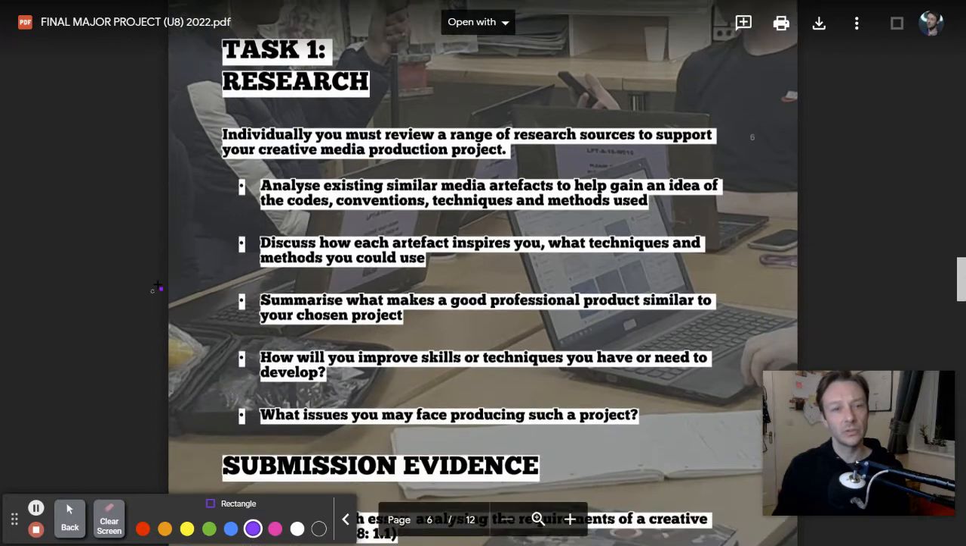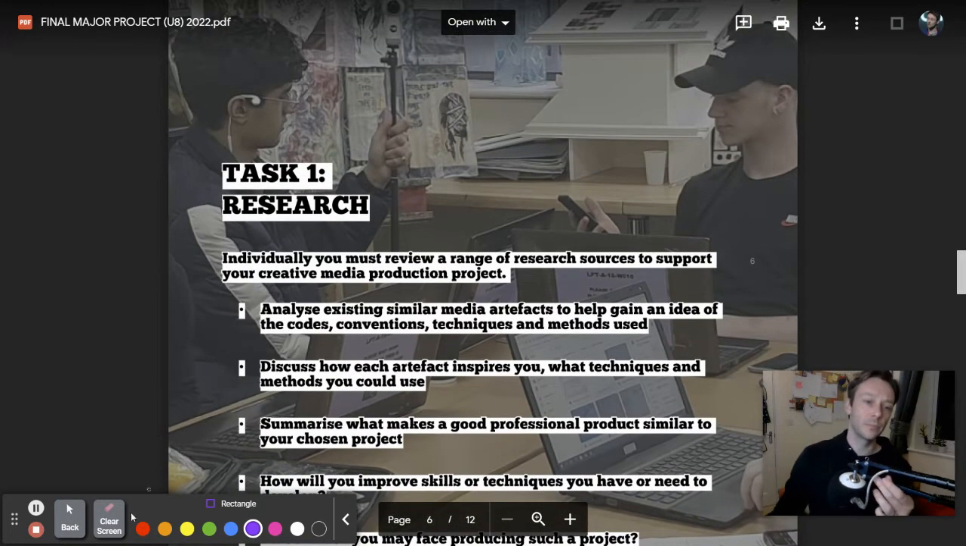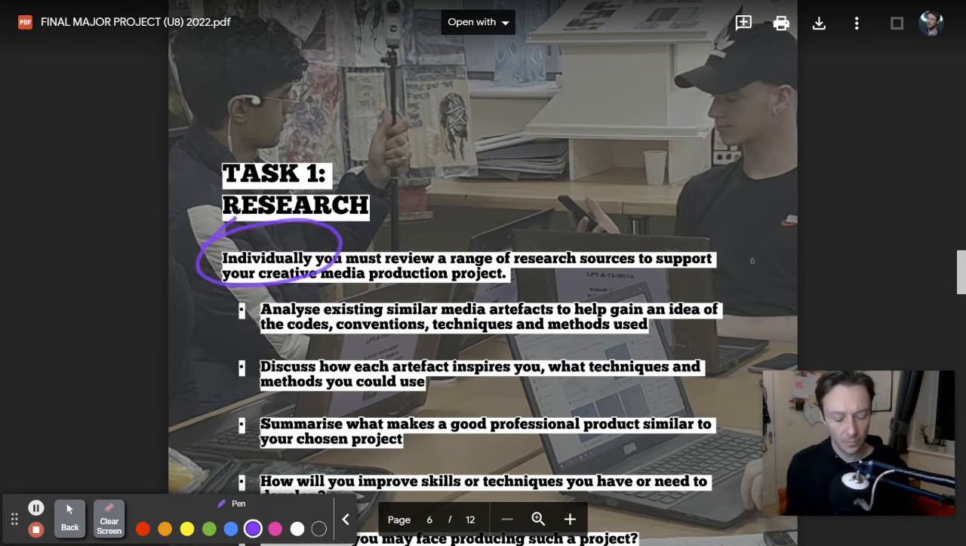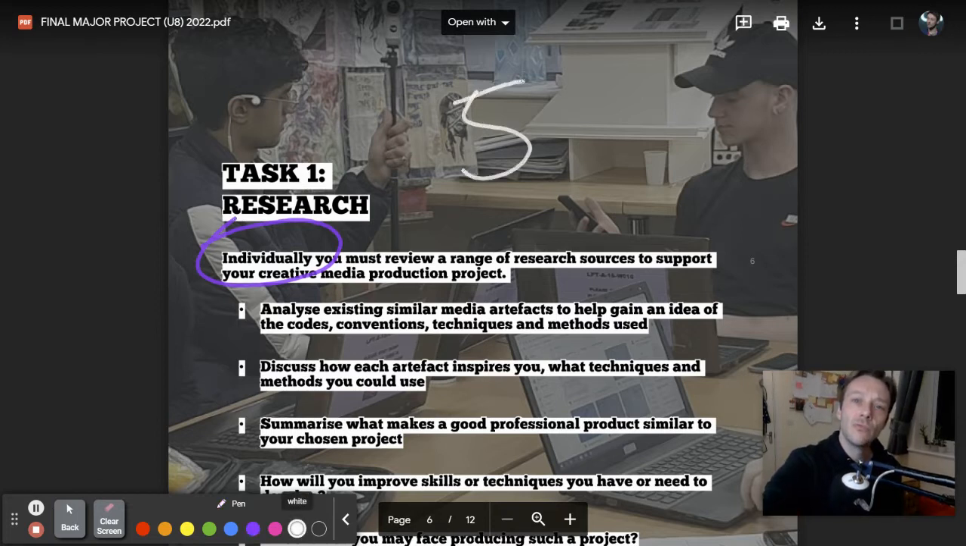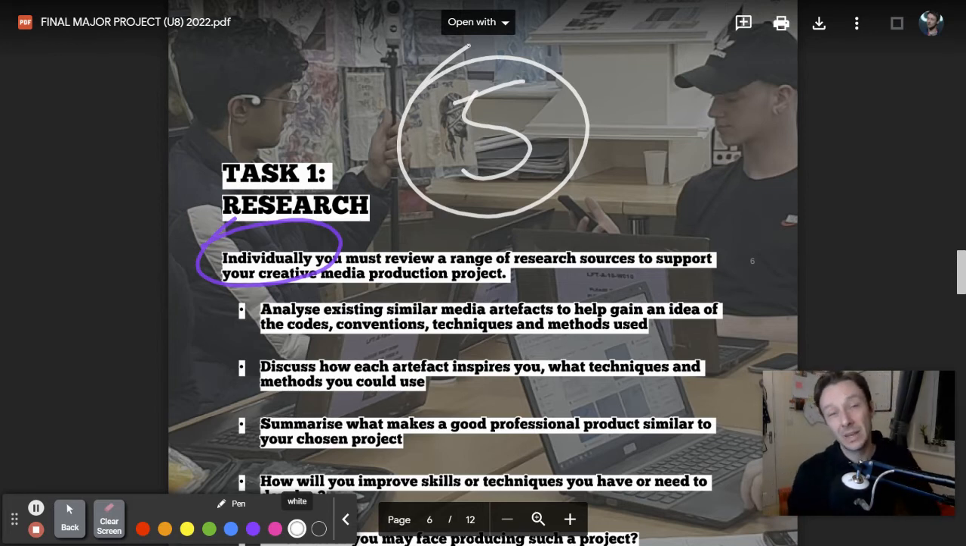For task 1 research, you're going to work individually. So, you're going to take time to work in a focused, concentrated manner with effort and dedication on something that matters to you, an area that you want to create within. You're going to look at a range of research sources, and I take a range to mean at least